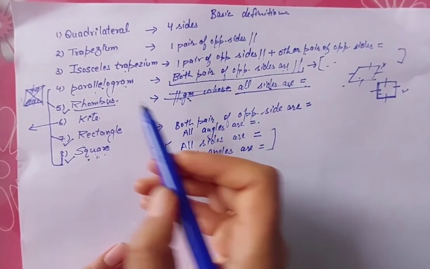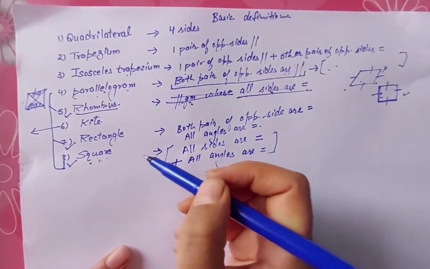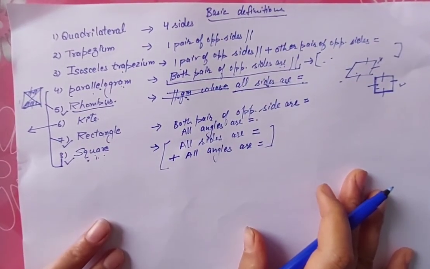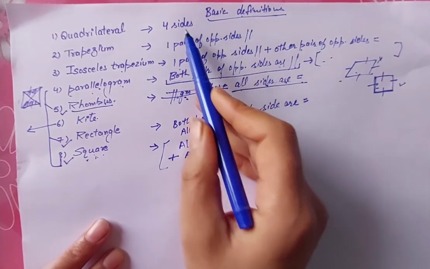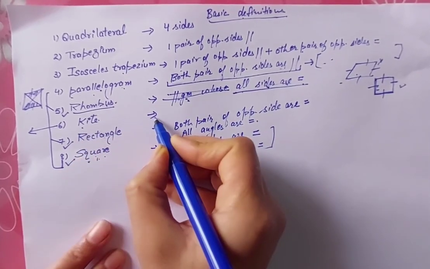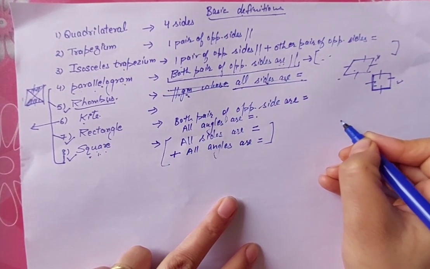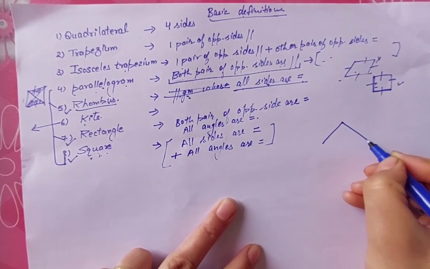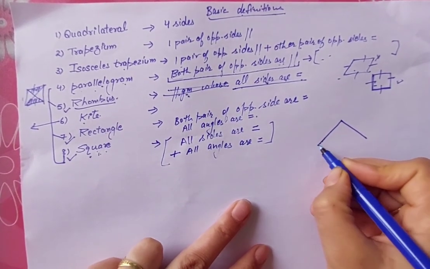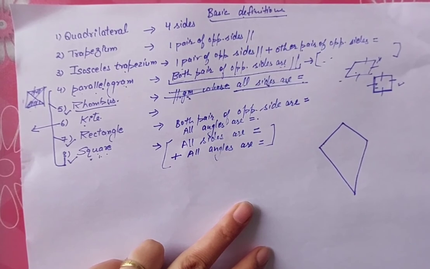Got it? So I'm just giving you some questions where you need to prove the figures as any one of them. So just keep in mind the basic definitions of these figures, and you have to work as per these basic definitions. Let's now work with the kite. What is a kite basically? A kite is a figure. If you have to make a kite, beta, what do you have to do? You have to make two sides that are equal in length, and then 2 more which again are equal. So this is how we define a kite.